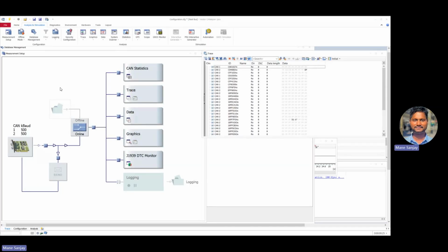Okay, so here I'm live. What I'll do, I'll just right click on the hotspot and I'll hit on the interactive generator. You can go for the programming node also, and you can transmit with the help of your database file. And before jumping there,